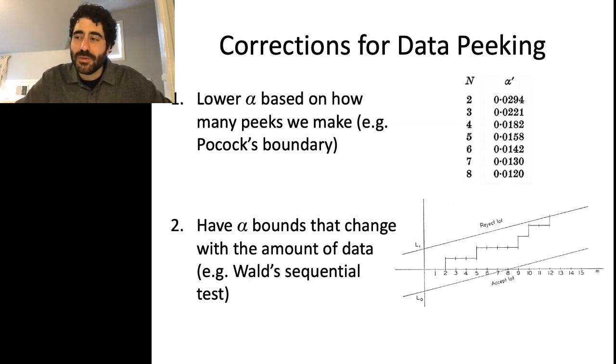He was one of the people that was working at Columbia for the government during World War II. And this is actually what he's more famous for. The survivorship bias is one thing he worked on. This sequential test was another thing that he worked on, which is that as we're monitoring production from factories, for